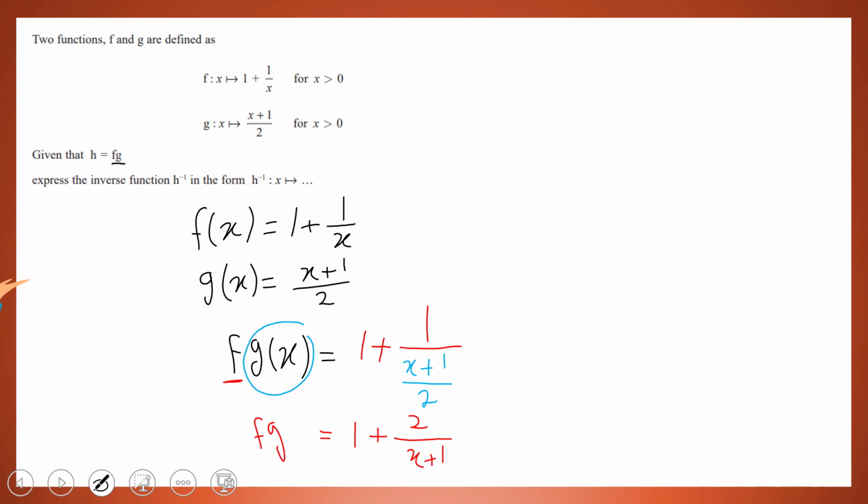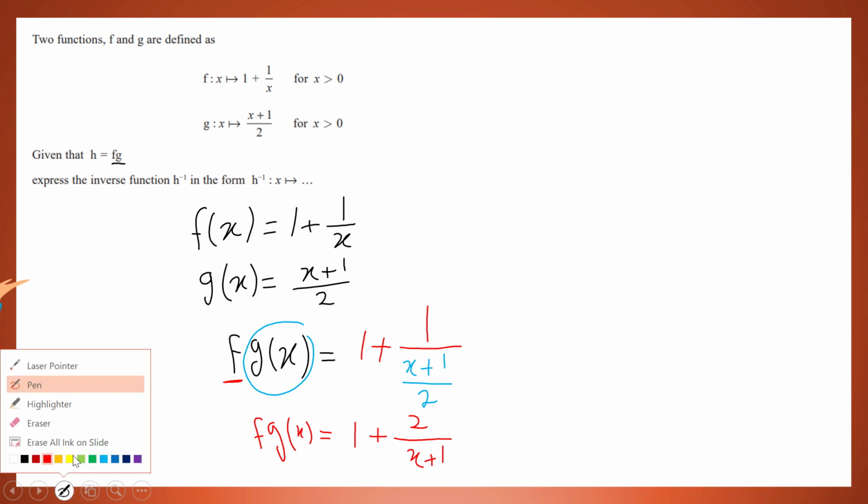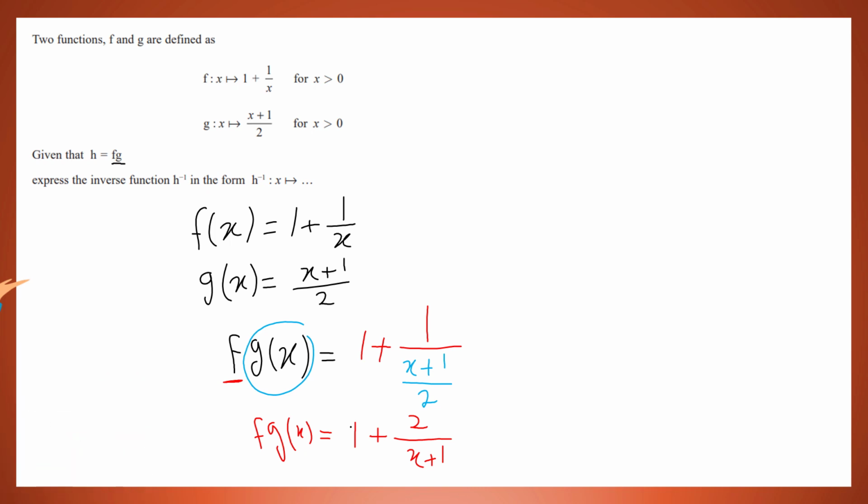So it's fg of x here. I will try to make both of them as one denominator. It will be fg of x equals, here I will multiply the 1 by x plus 1 up and down, so it will be 1 multiplied by